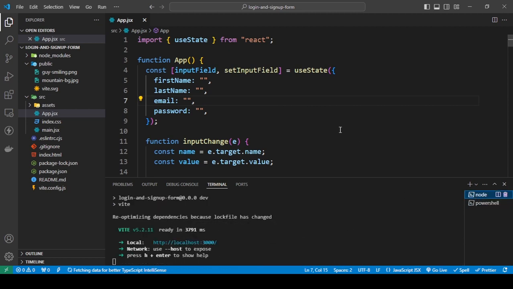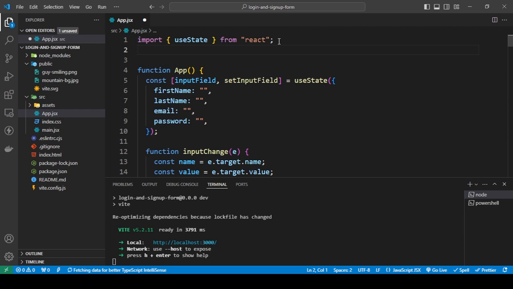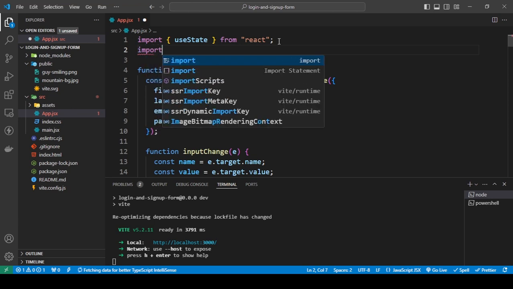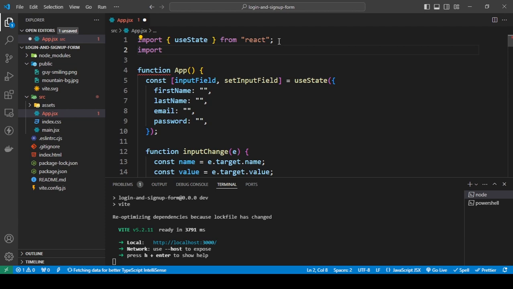Now that it is installed, next I'm going to import it. Import, and I'm going to keep this empty for now, from validator. Okay,